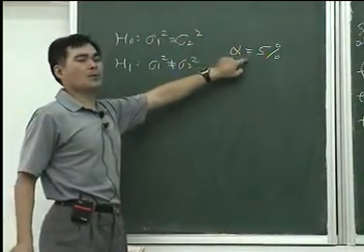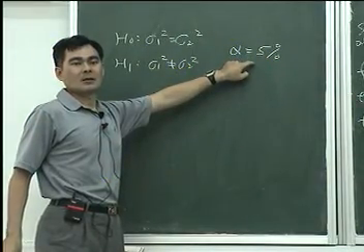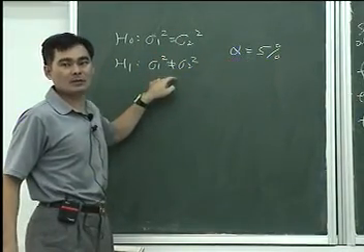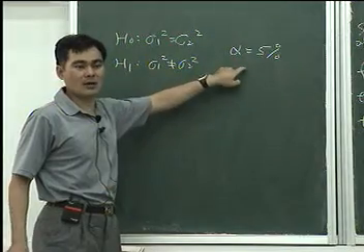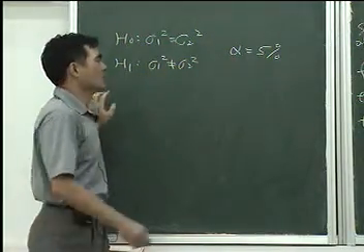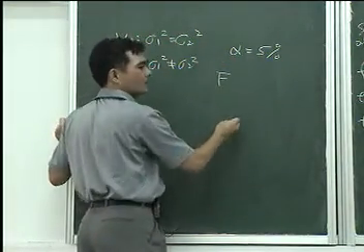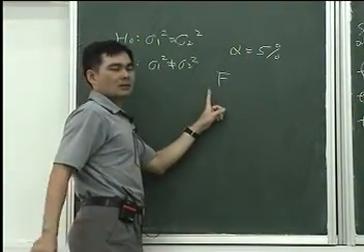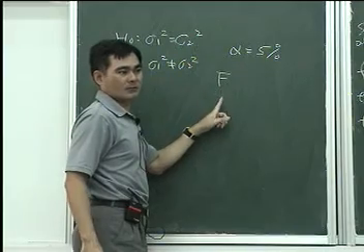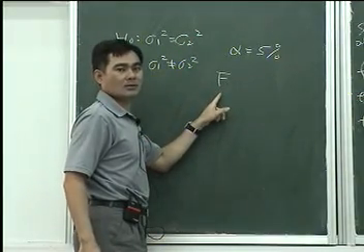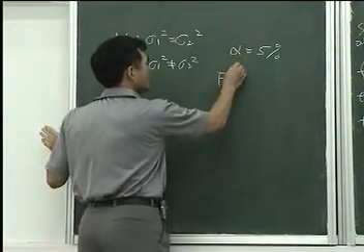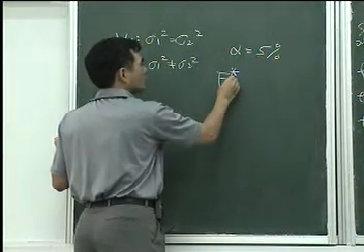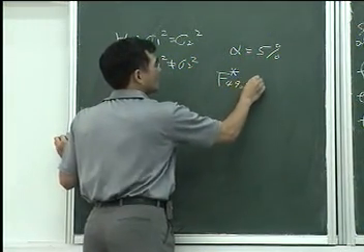Because alpha is 5%, and this is a two-tailed test, you should check F. The sample size for the first one is 50, and the sample size for the second one is also 50. So what is the critical value? The critical value should be F with 49, 49 degrees of freedom at